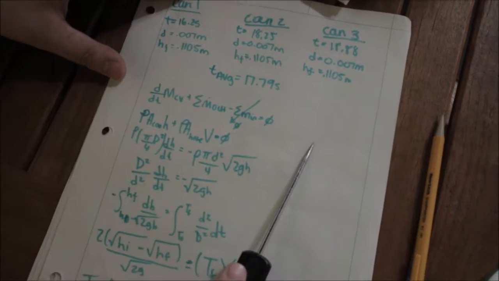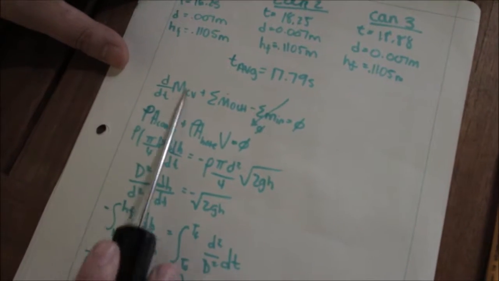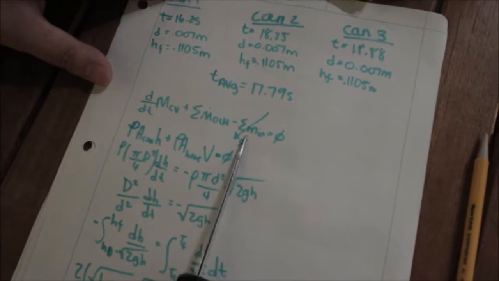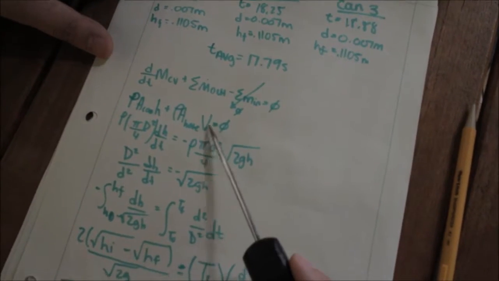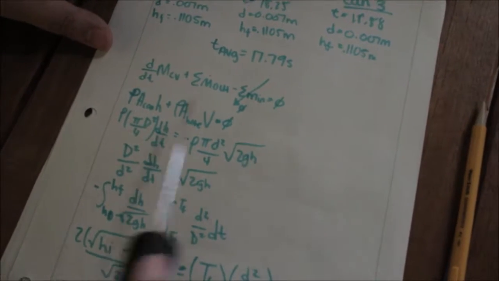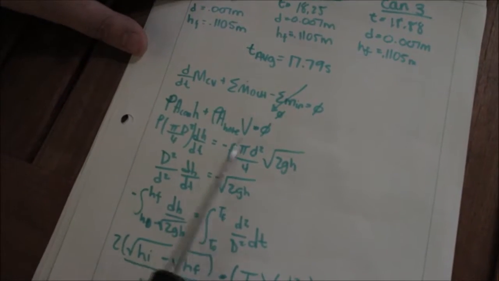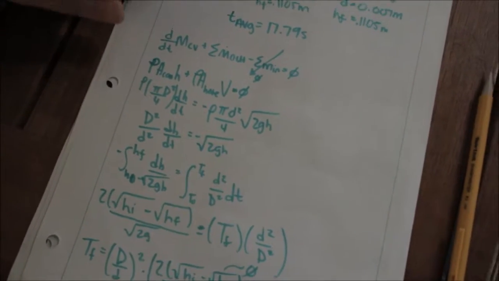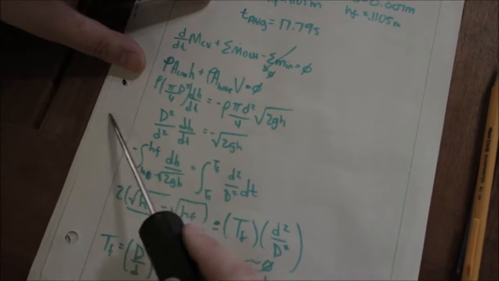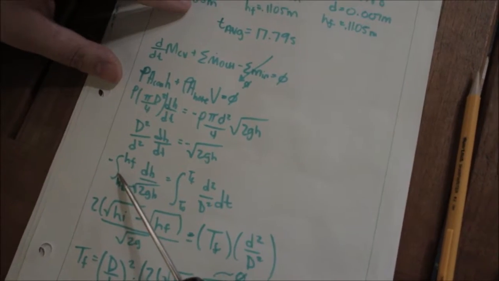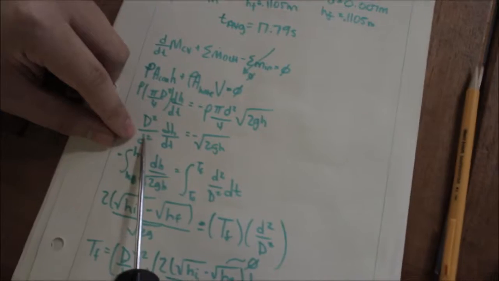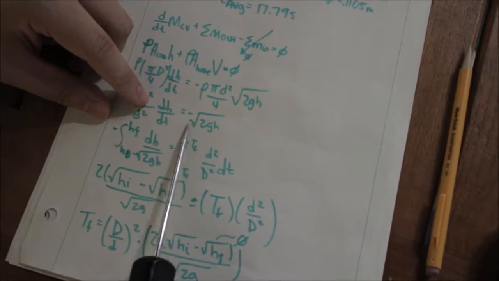So now we got our continuity equation: dMcv/dt plus the summation of mass out minus the summation of mass in equals 0. Well, we have no mass going in, so that goes to 0. Then we simplify some terms, then we move this over here. Now, wouldn't you know it, some rho's cancel out. So now we move stuff over. So now we have big D squared over little d dH/dt is equal to minus